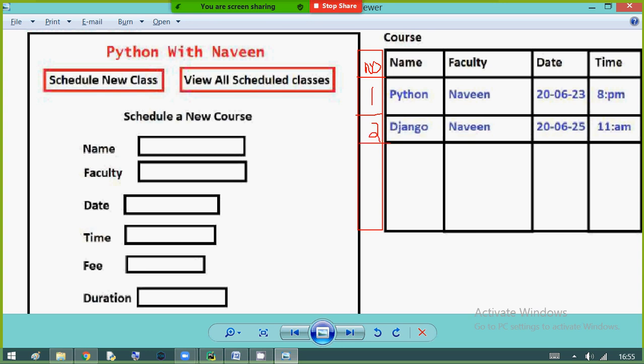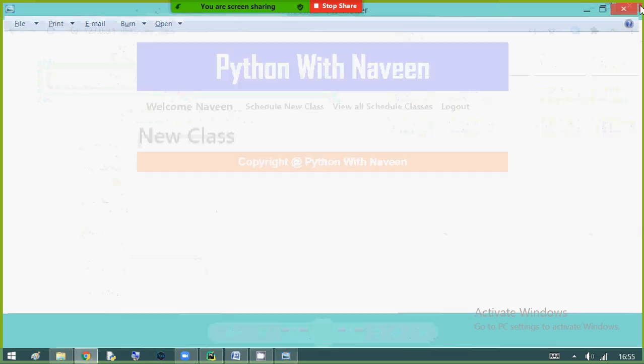But I'm not asking that number from the user. I mean, admin is not entering any number. Simply admin is entering course name, faculty name, date, time, fees, duration. That's it. Am I right? So according to that I want to work.